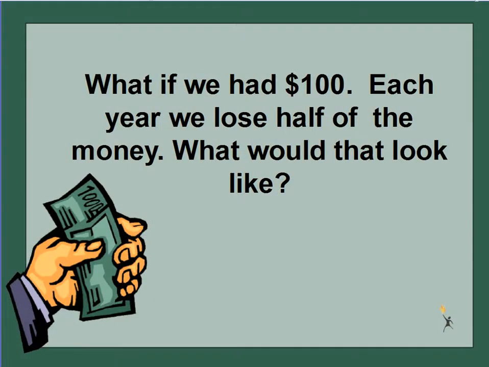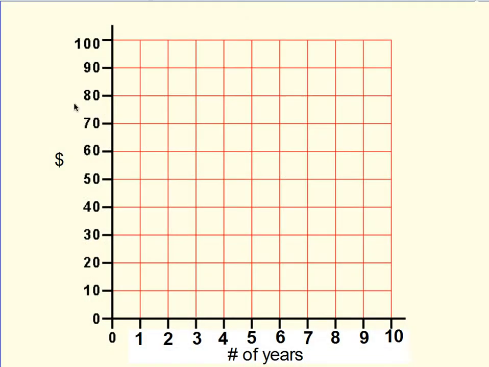What if you start with $100, but each year you lose half of the money? What would that look like on a graph? This time we have amount in dollars and number of years. Again, where x is 0, that's our current or starting time. So we're going to put our $100 there. The next year, we will have lost half of that money and we only have $50. The next year, only $25. The next year, only